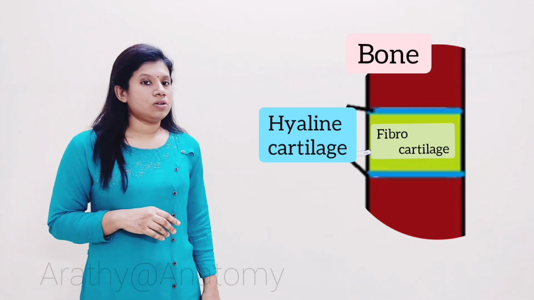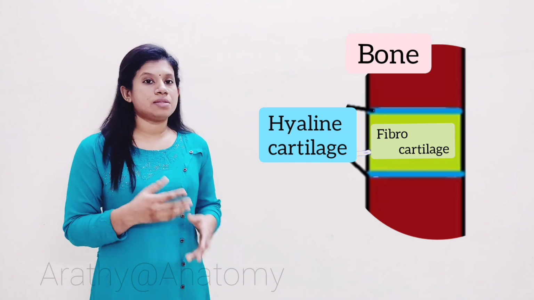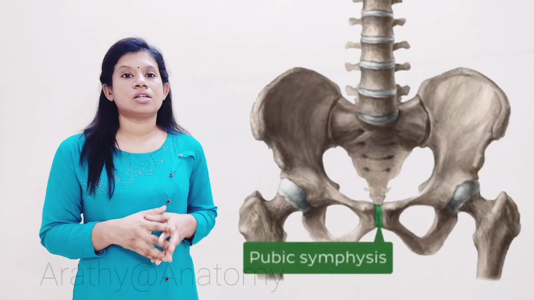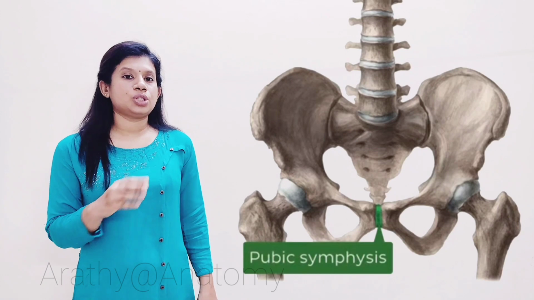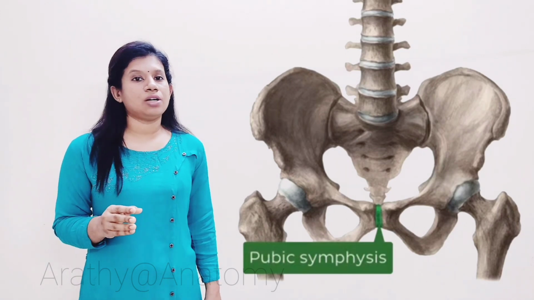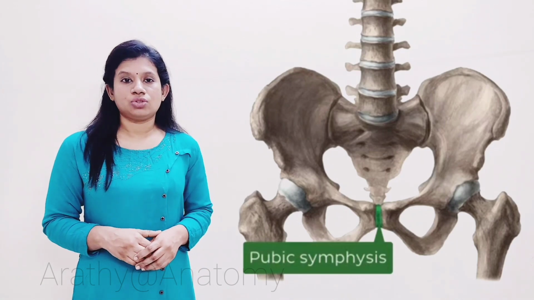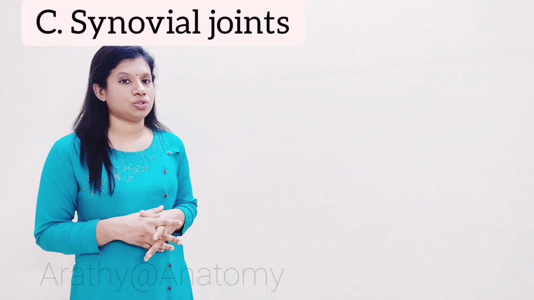This usually does not undergo synostosis, and this joint you can especially see in the median plane of the body, that is the manubriosternal joint, pubic symphysis, and intervertebral joints between the vertebral bodies, and they usually provide a slight degree of movement. Okay, so that's all about the secondary cartilaginous joint. Now moving on to the last one, that is called the synovial joint.